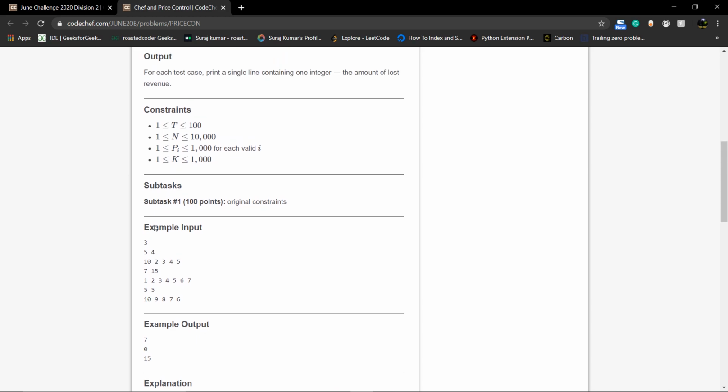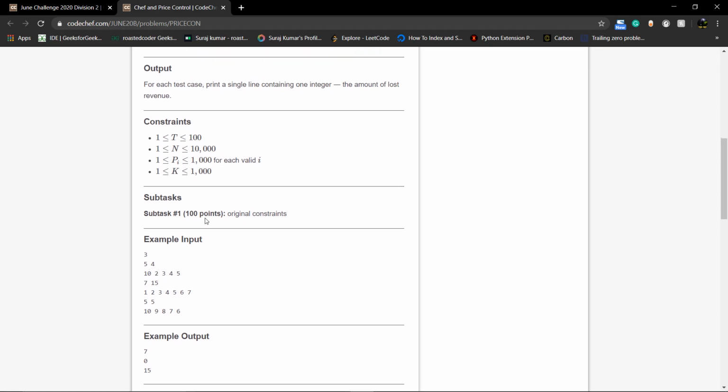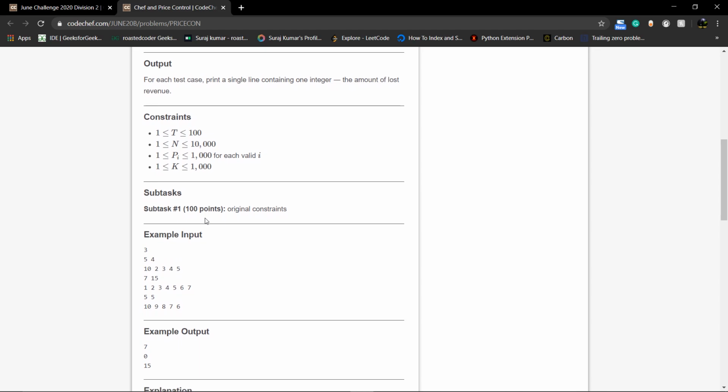So if you can see, the first item has price 10. So if the first item gets sold, the total loss will be 6 to the chef. So we have to just find the total losses to the chef.